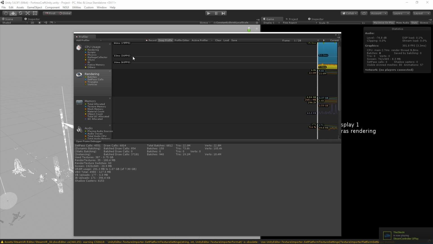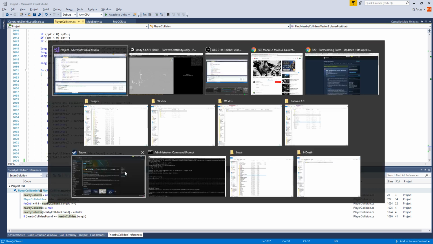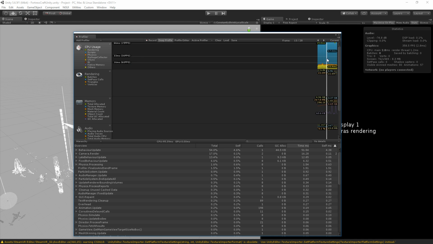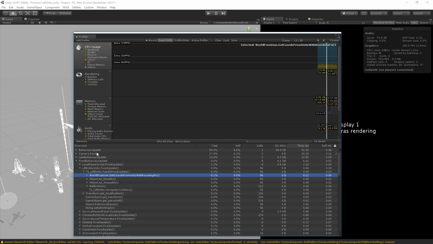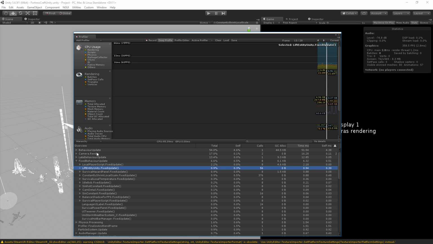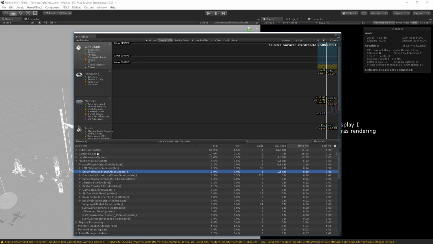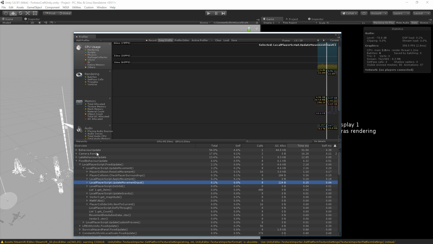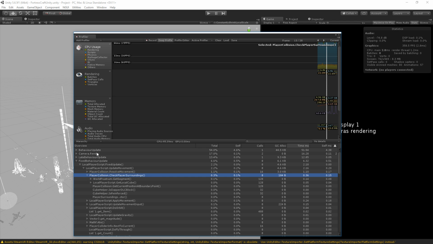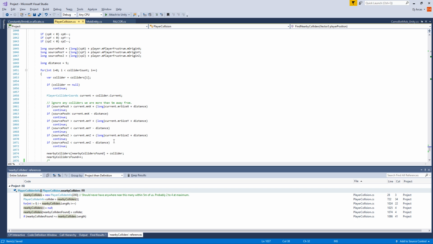And just say what I can do about this. It's actually quite an expensive function. So resolve movement calls... Great, thanks, Unity. That's actually still a bit expensive, that one. We'll come back to that. Yeah, resolve movement, find nearby colliders. So that's taking a third of a millisecond, which is not too bad, but...